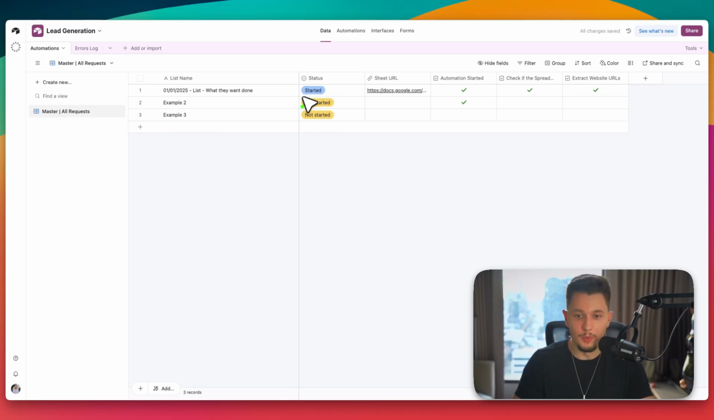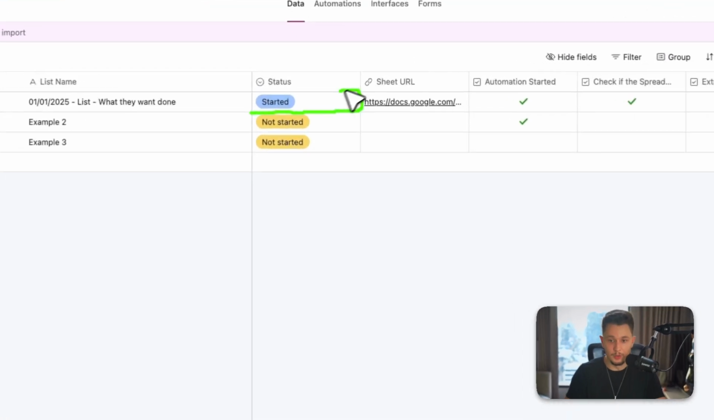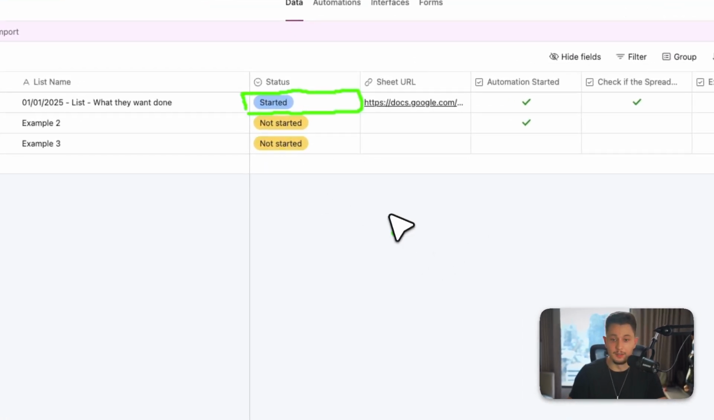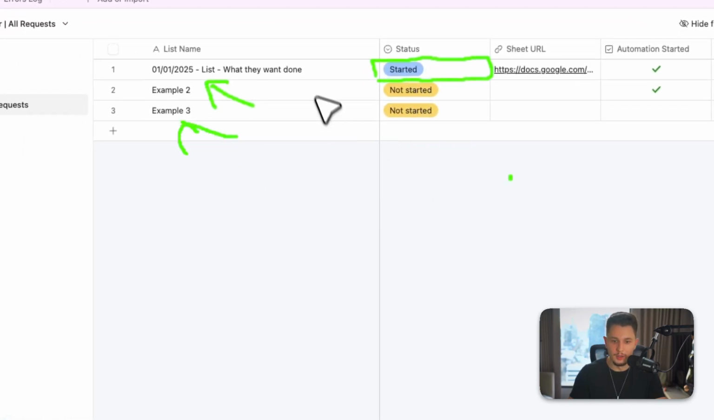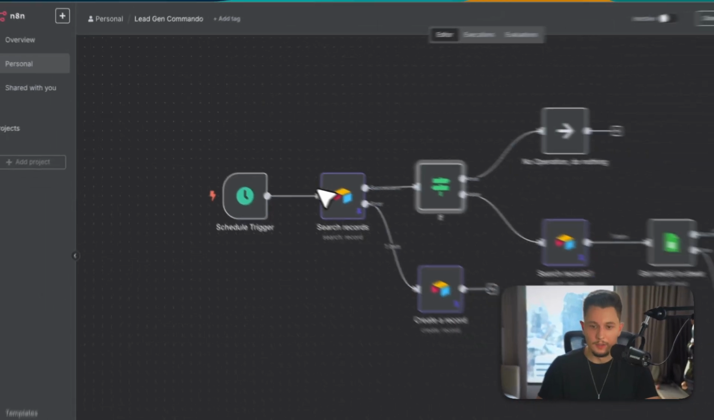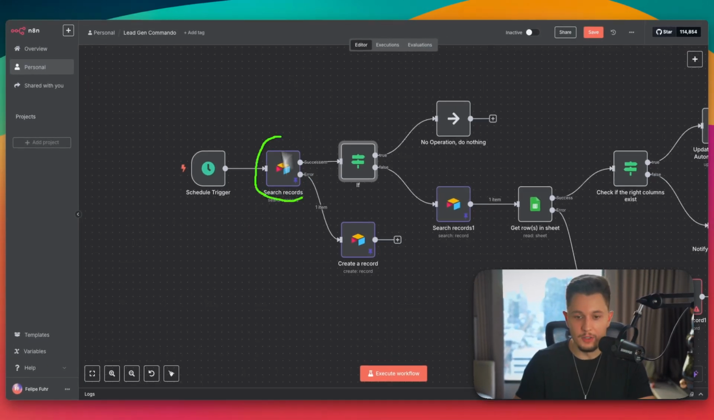But Airtable will always check every 1 minute if there is one automation running, one automation that has the status of started. And if it does, well, these automations right here, 2 and 3, will wait to run until the first one has completed. And so the first step is going to be that you're going to have a node